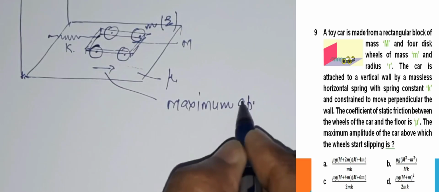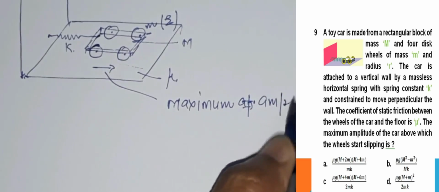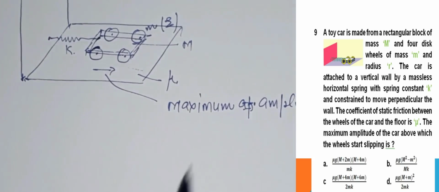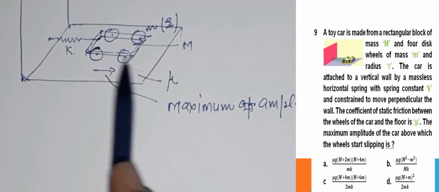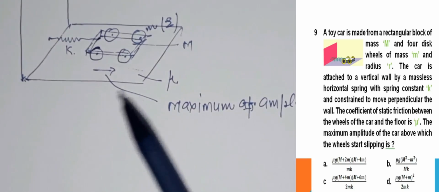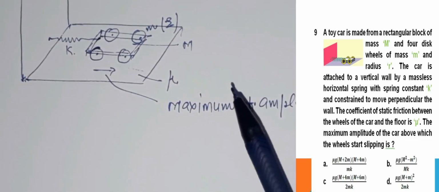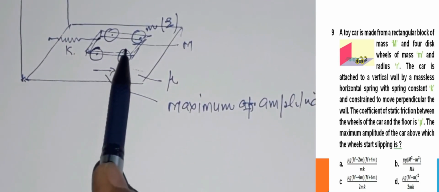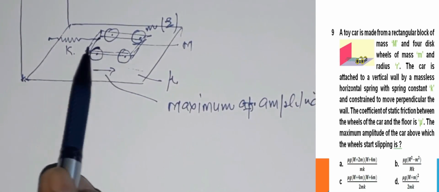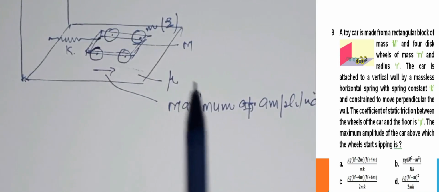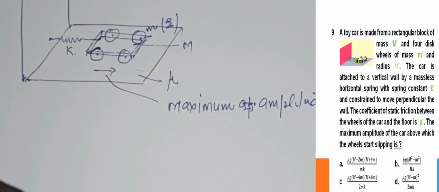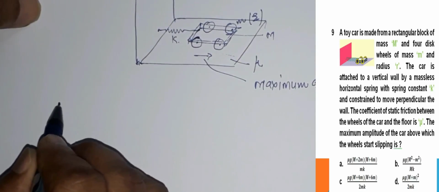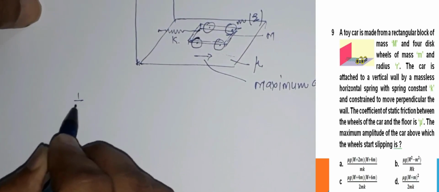Maximum amplitude such that it starts to slip on this. That means frictional force starts acting on this. First, since it is oscillating with small amplitude, applying conservation of energy, at any point of time total energy remains constant,